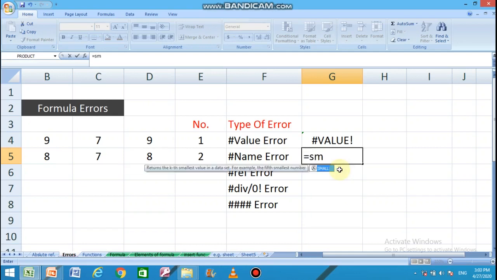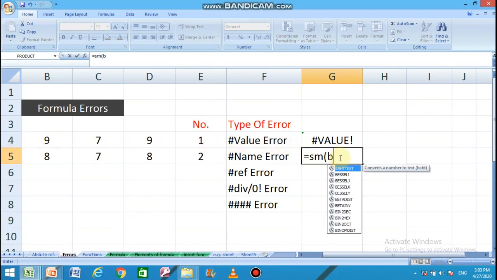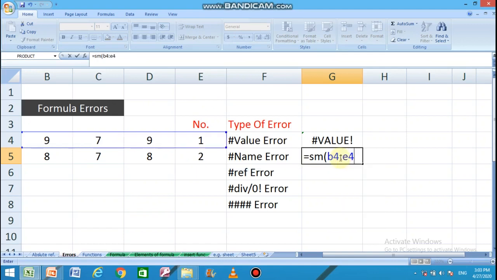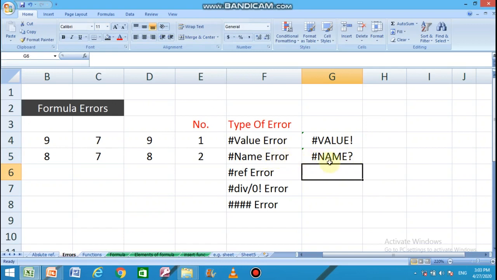So I typed sum and then from B4 to E4, B4 colon E4, enter. We got hash name error. Why? Because during typing of the formula I wrote the spelling of sum incorrectly. So whenever there is an incorrection in the function or the formula, the hash name error occurs.